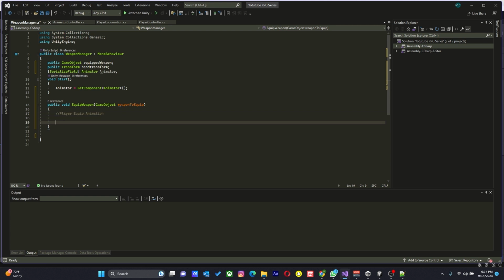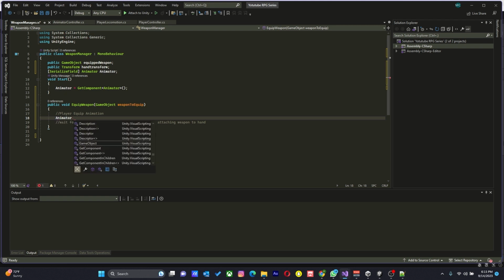So this is the code that we're going to write here, and then the next code that we're going to write will be waiting for the animation to reach a certain point before attaching weapon to hand. Right now, what we're going to do here is say animator dot